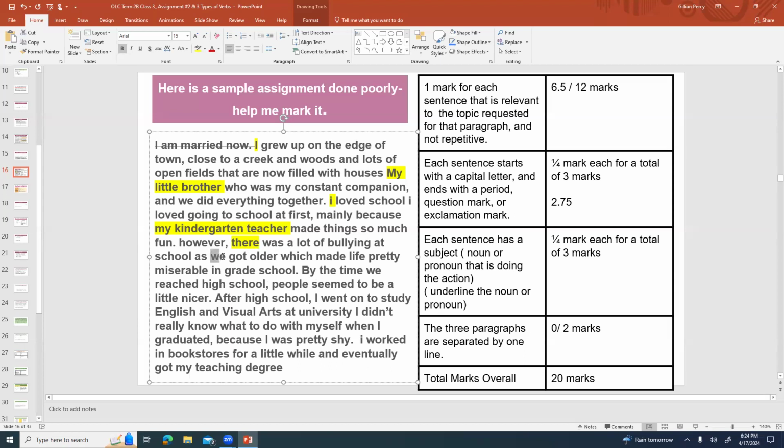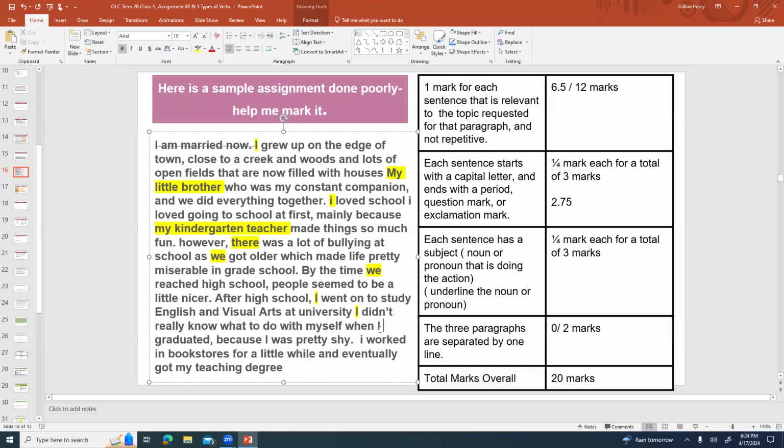We would be my other subject. By the time we reached high school, people seemed to be a little nicer. After high school, I went on to study at university. I really didn't know. Oops, hang on, just trying to grab both words at once. I didn't really know what to do with myself when I graduated because I was pretty shy. Now, I isn't,